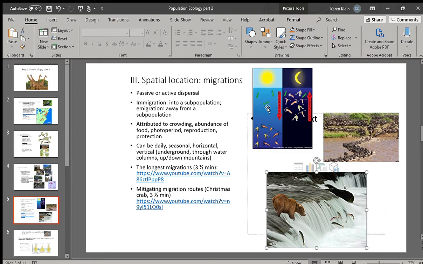And actually, it's just the wrong time of day. Your net's not deep enough. If you go nighttime trawling and you go a few meters down and you don't catch any, you might suspect there aren't any of this type of zooplankton here, when actually you just have miscued their migration pattern,